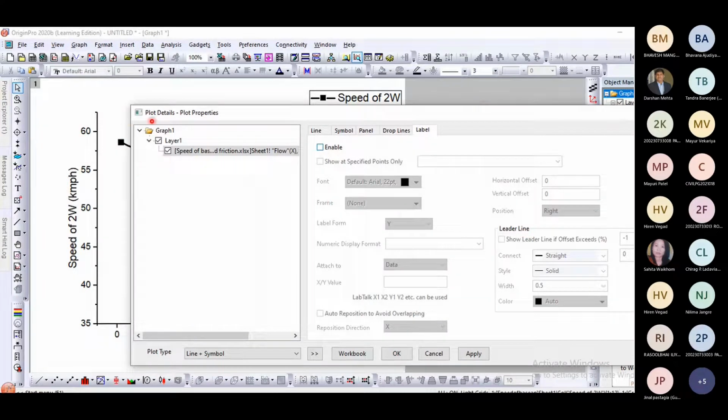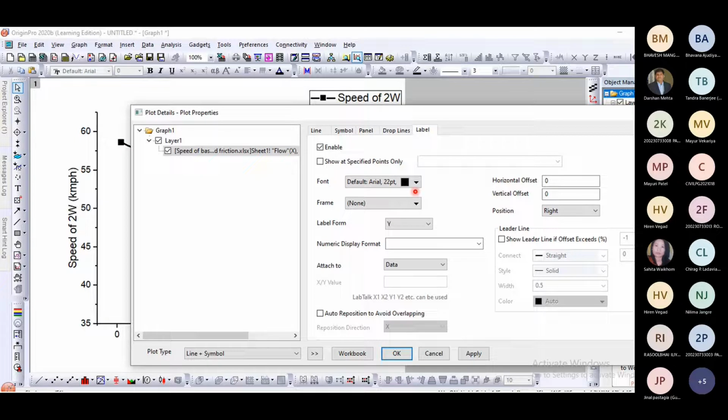Earlier we got the label, right? So now through this also we can get the label of that data. If we click enable here, all the data labels will be available in the graph. When you click enable and quick apply, you will get the data over there.